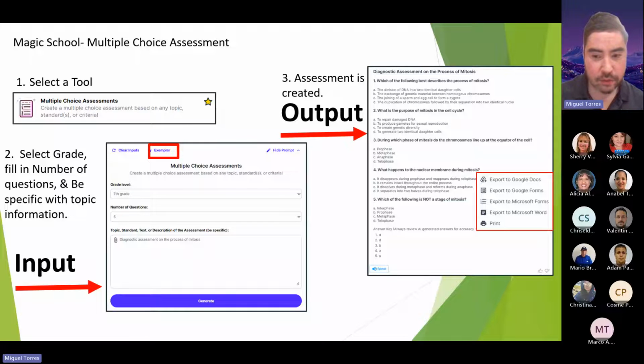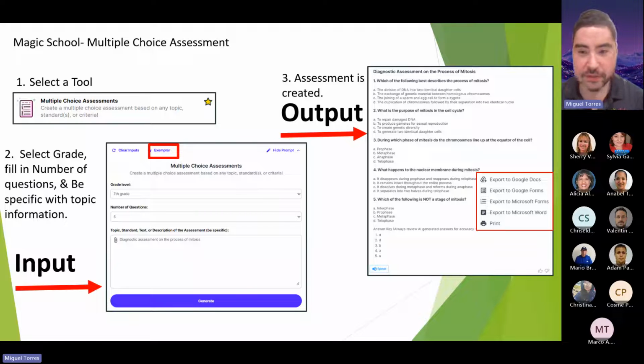Now, if you see the box on the right side in red, you can export those. You can create a Google Doc and share it with your students as a classroom assignment. Or if you want to make it even quicker and you want more instant feedback, maybe because it's 5 questions, maybe you want to do it as a do now or exit ticket, you can export it to Google Forms. You can also do Microsoft Forms. You can even do it on Word. And you can even print it.